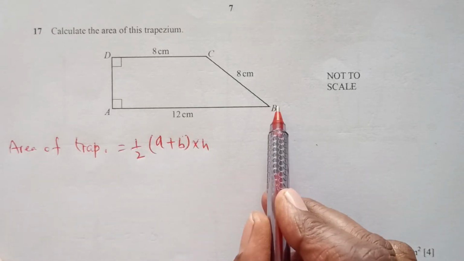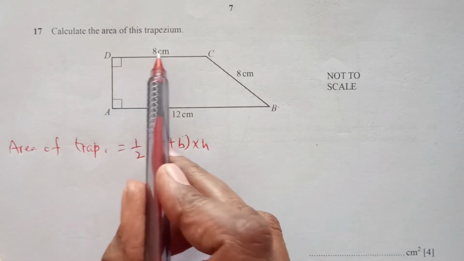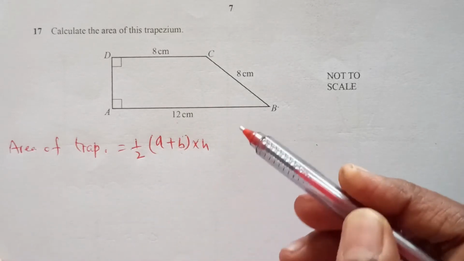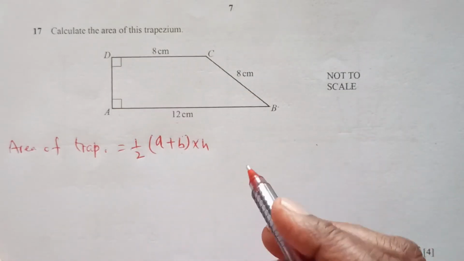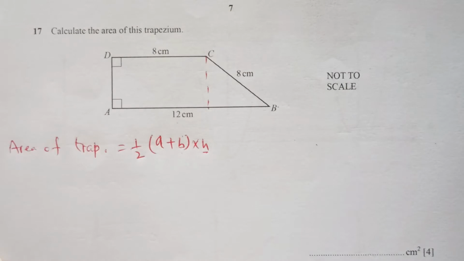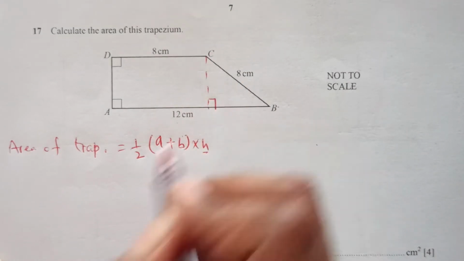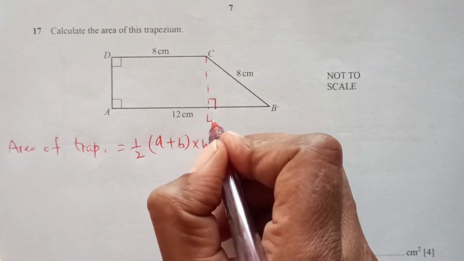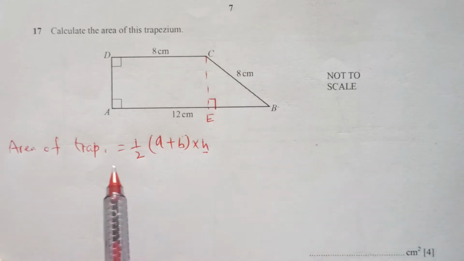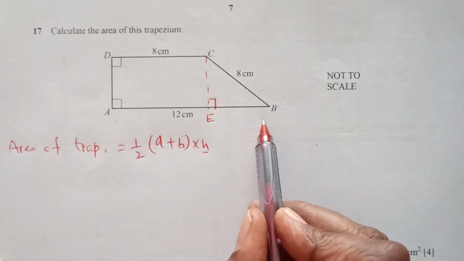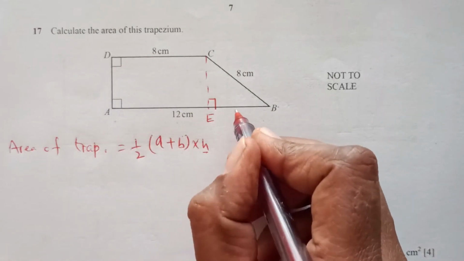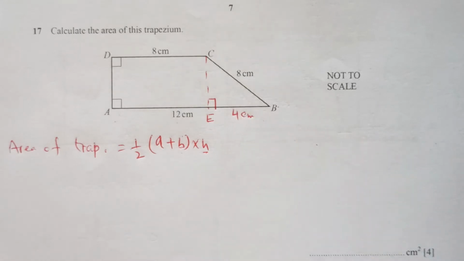A is this side AB and B is this, 8 centimeter and 12 centimeter. We have two sides and we need the perpendicular height, this height, and we are not given this. So we will find out the way to find this height. We can just drop down a perpendicular here. Let's take any point, we can name this E. As you can see, this is a right angle triangle. This full length AB is 12 centimeter and from A to E this will be 8 from here. So that means this remaining length will be 4 centimeters.